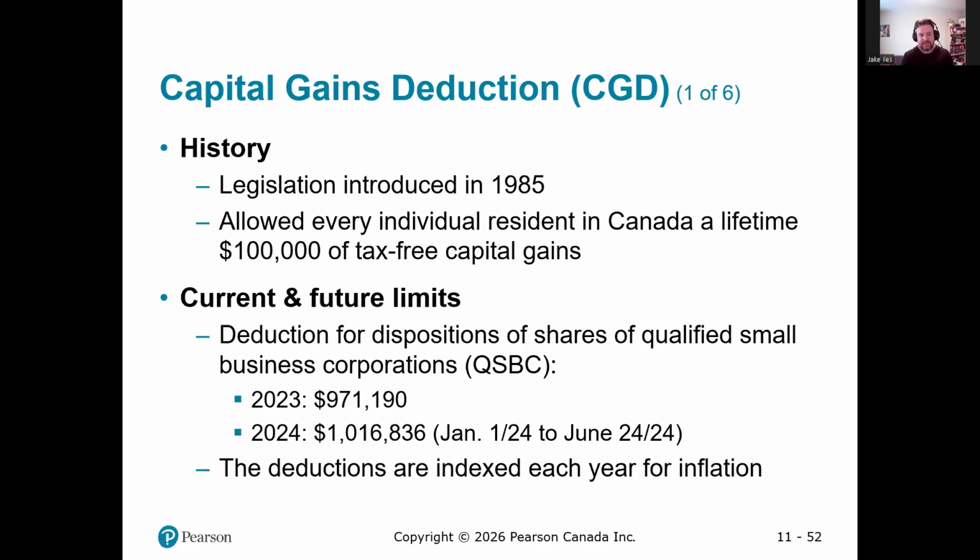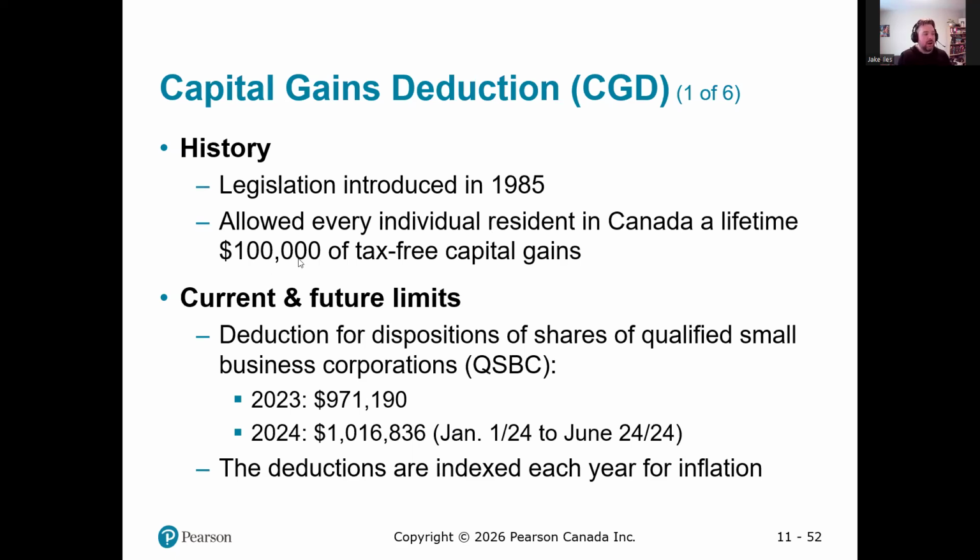After a couple years, I think they refined it to encourage a specific type of investing. Instead of being able to use this against any capital gains, this can only protect against capital gains from selling shares in a Canadian business that hopefully you started. So this is called a qualified small business corporation. These rules that we're about to go through are very similar to the allowable business investment loss because the capital gains deduction is kind of just the other side of that very coin.